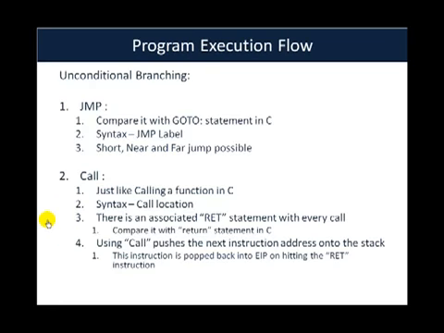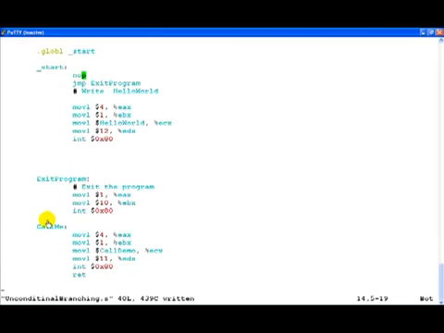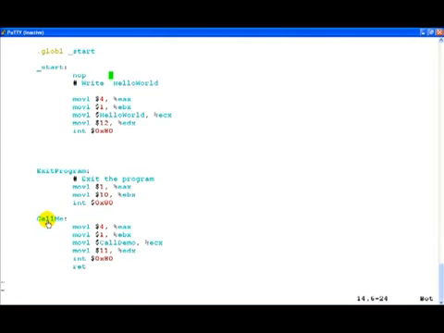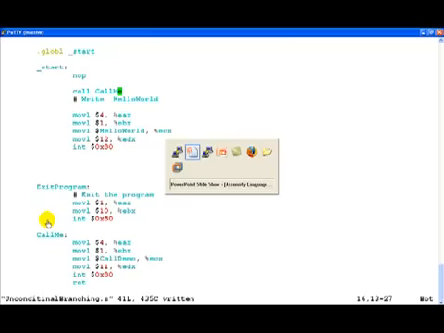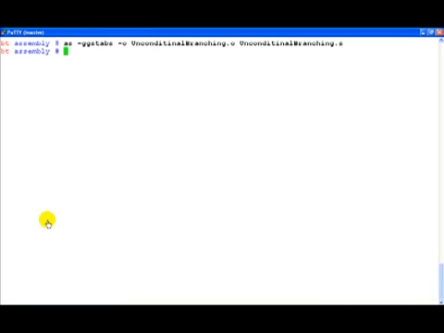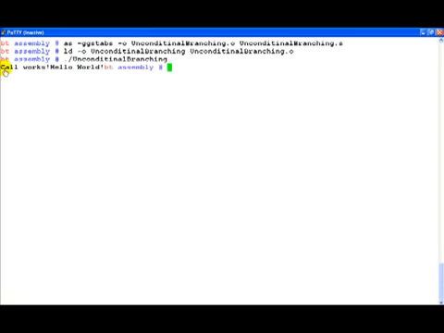Okay, so let's actually come back here, and now let's see how we can use the call statement. So let's actually go back to our demo, and let's remove the jump exit program. Instead, what we do right now is actually use the call statement, and then we go ahead and use the label call me. So now let's go ahead, assemble it, link it, and then once again, maybe we can just try running it first. So if you notice, call works and then hello world both are called.